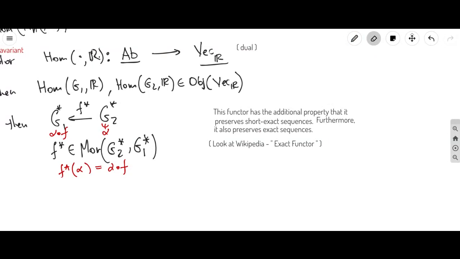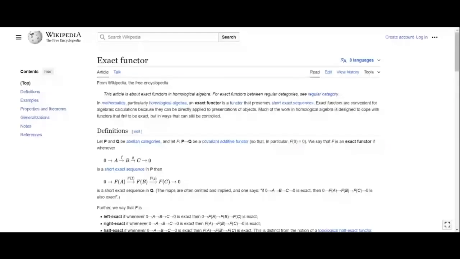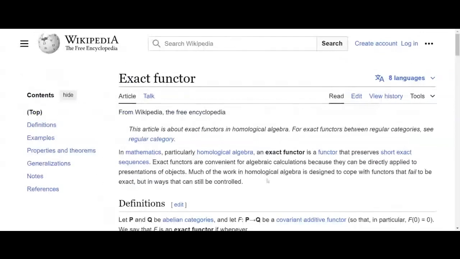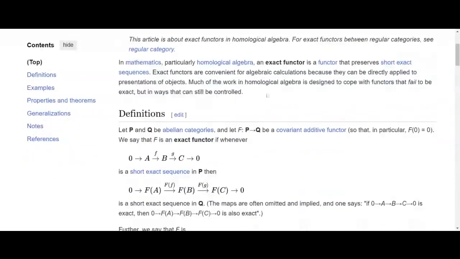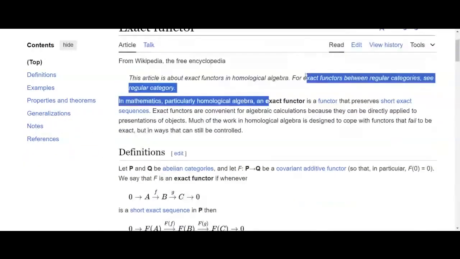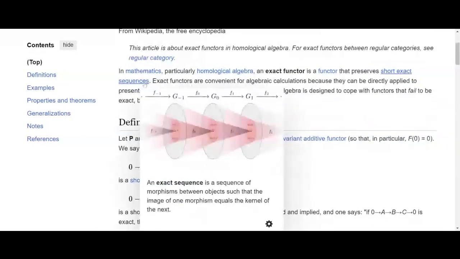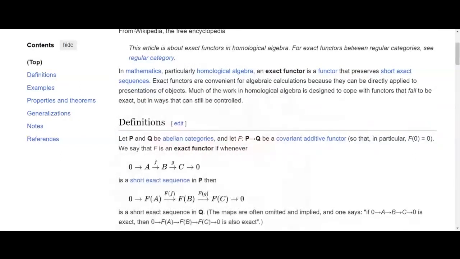So if you want to see a reference for this, let's bring this up on Wikipedia. As it says over here, in homological algebra, an exact functor is a functor that preserves short exact sequences. So they define it to be something that preserves short exact sequences, but